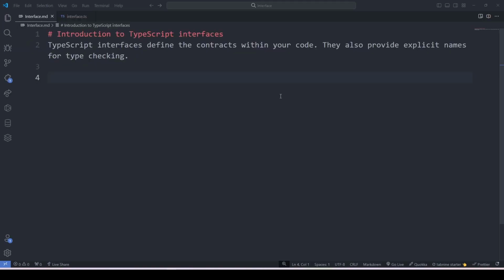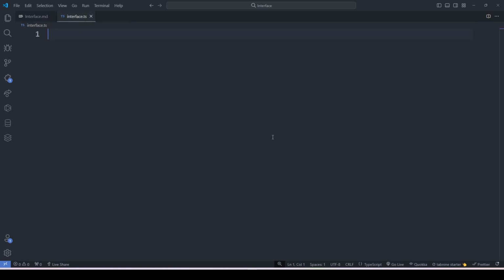Now let's learn about TypeScript interfaces. TypeScript interfaces define the contracts within your code. They also provide explicit names for type checking. So let's write a function first. Function